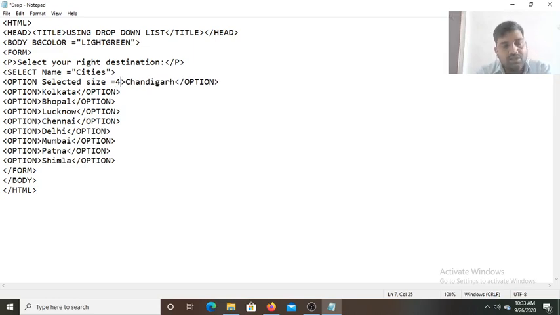This combo box is also a drop down list with a scroll feature added to it. This feature can be added by using only the size attribute of the select tag. In the select tag you have to use the size attribute, and whatever value you pass to the size attribute, that number of options you can see at one time.